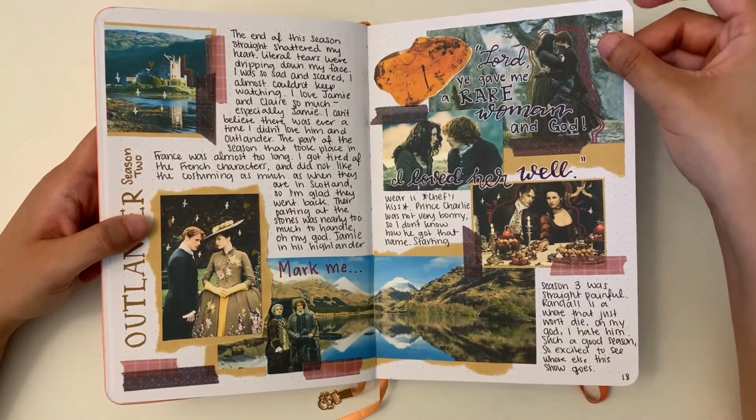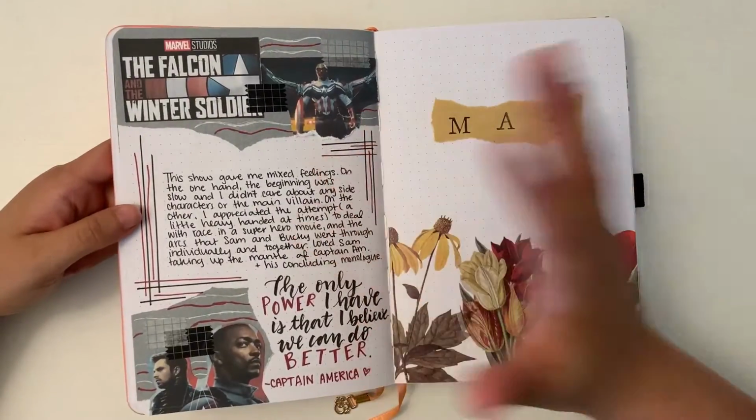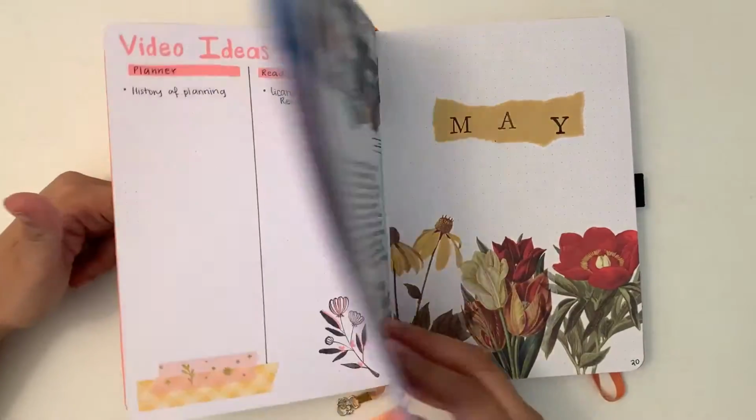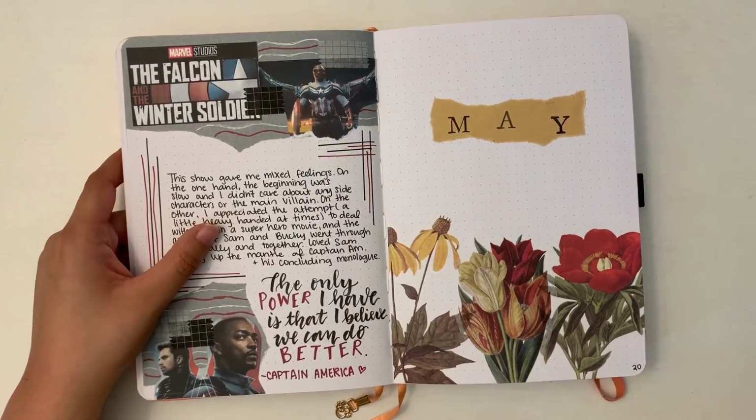Sometimes I do spreads for things that I've watched. So this is Outlander Season 2. That was probably my favorite season. Falcon and Winter Soldier, and that was it. That's all of April. A really random collection of things I was working on and doing in April, and then